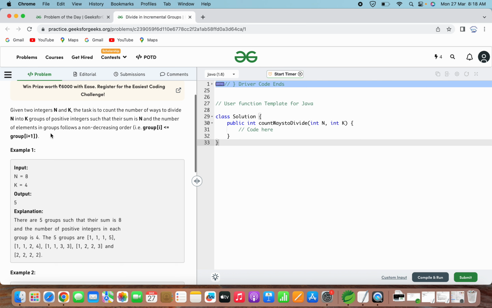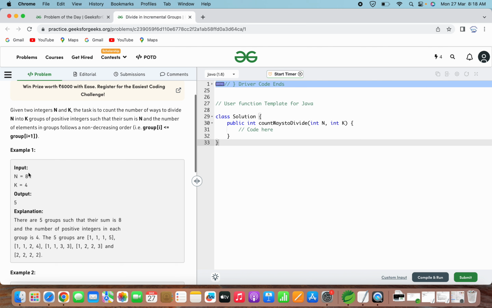This is not explained in this problem statement clearly, but when we look at this example, then this point becomes clear, that we do not have to divide n into k groups, rather we need to divide n into groups of at most k integers, and we have to count how many such groups are there.